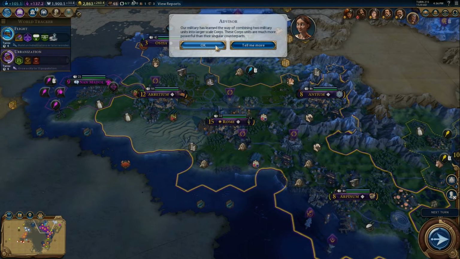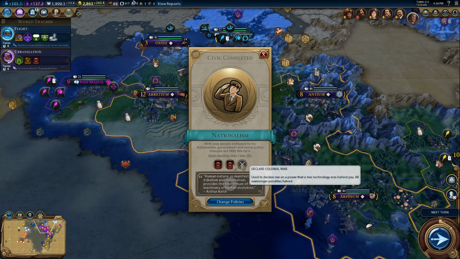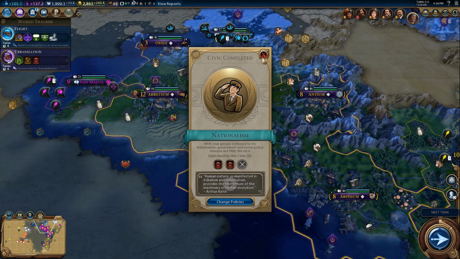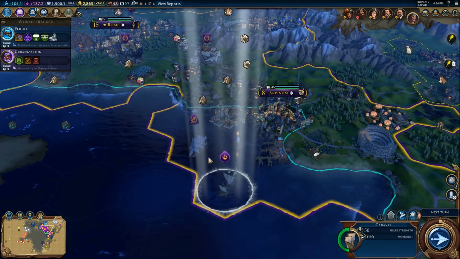Learned a way of combining 2 units into larger scale corps. Ooh. These corps units are much more powerful than their singular counterparts. Ooh, well, if we needed an army, that would be good. Anyway, so we can now declare a colonial war, apparently. Provides the momentum of the machinery of human evolution. Yeah, I'm not really liking the look of any of those policies for ourselves. We've still got to be building a bit of a navy, but for now,